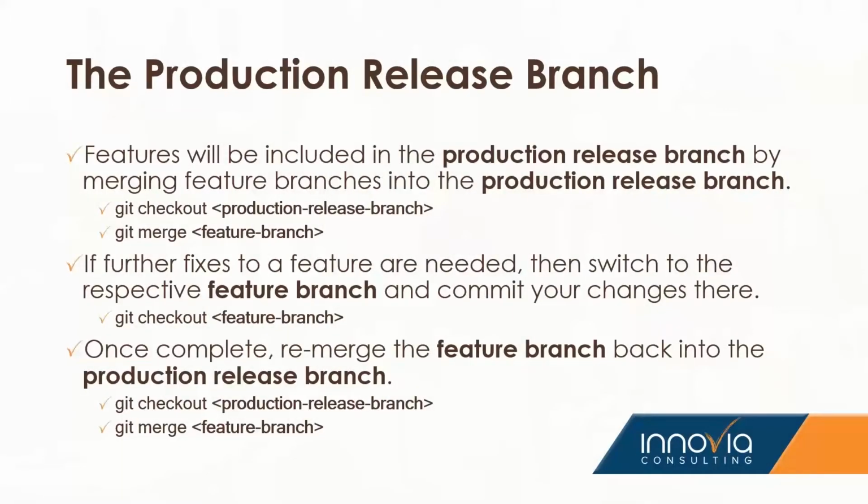And so we're going to be including our features into the production release branch by merging our feature branches into the production release branch. And this will make more sense in a few slides. But to be able to merge a feature branch into a production release branch, all you need to do is switch to the production release branch by doing git checkout and then the name of the production release branch, and then git merge the name of your feature branch